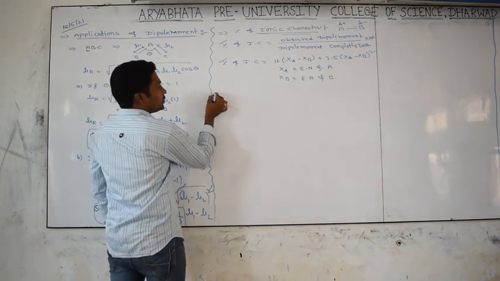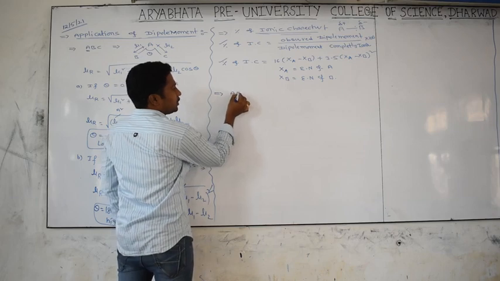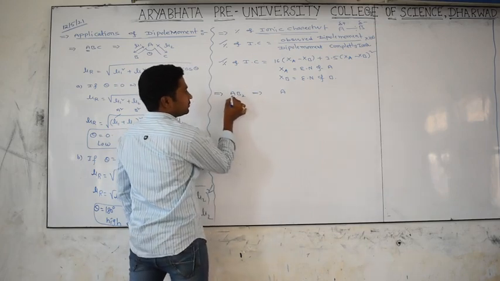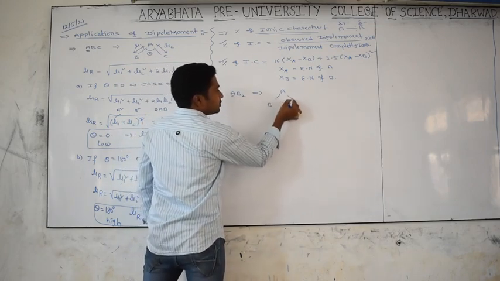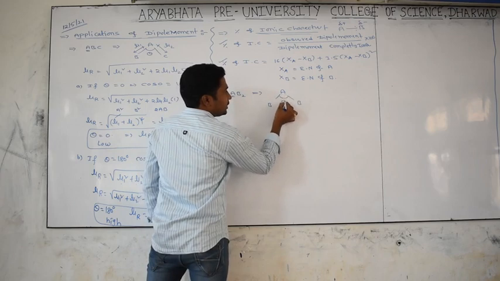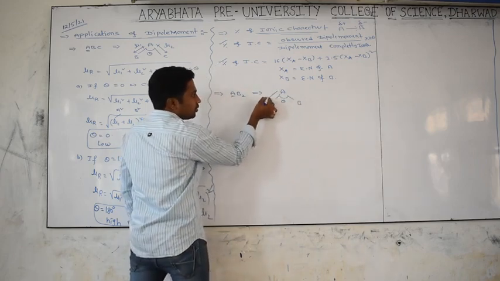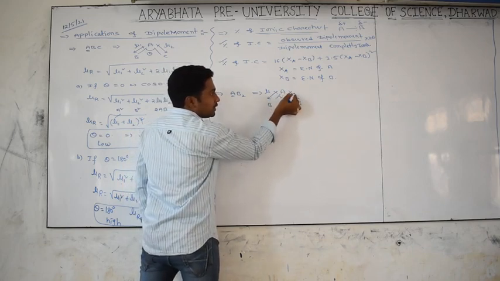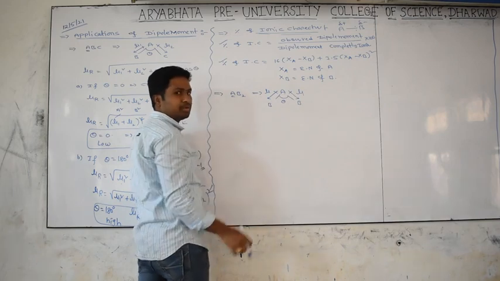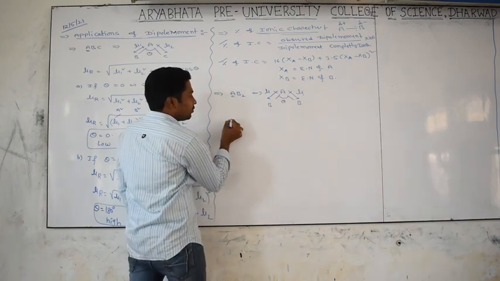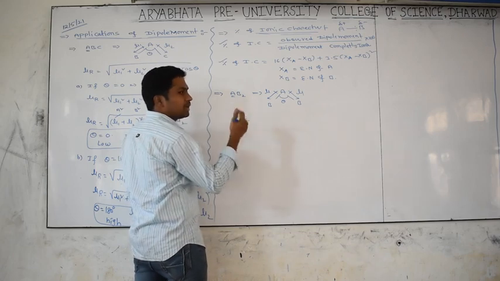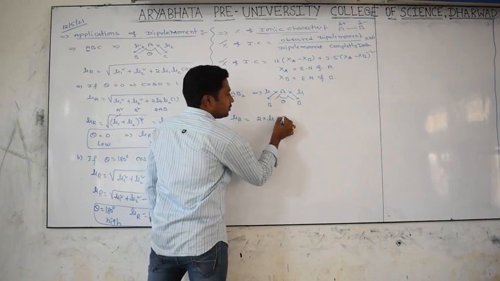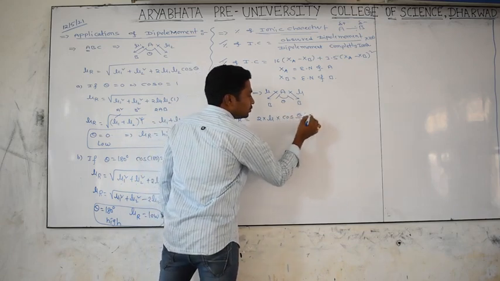I will tell you one more thing. Suppose an AB2 molecule is there. In this molecule, A is the central atom surrounded by B atoms, and the angle between them will be theta. In this AB bond we have some dipole moment mu. In this bond also the dipole moment will be mu, because both are the same bonds. In this case, the resultant dipole moment, direct formula, is 2 into the dipole moment of that bond into cos theta by 2.